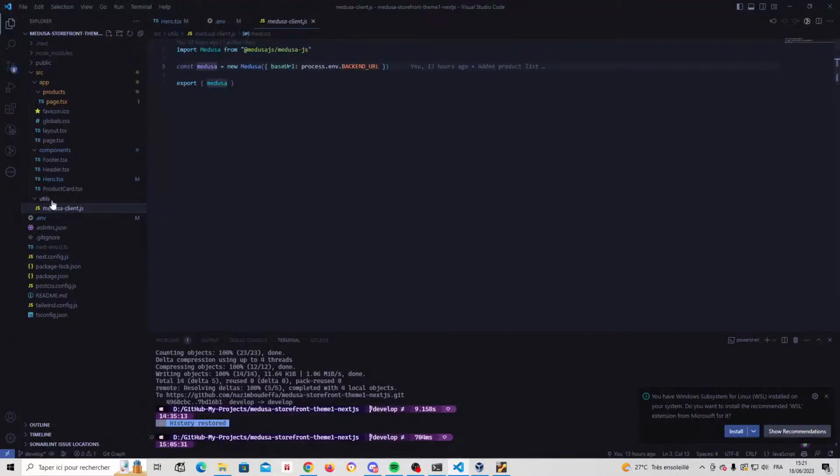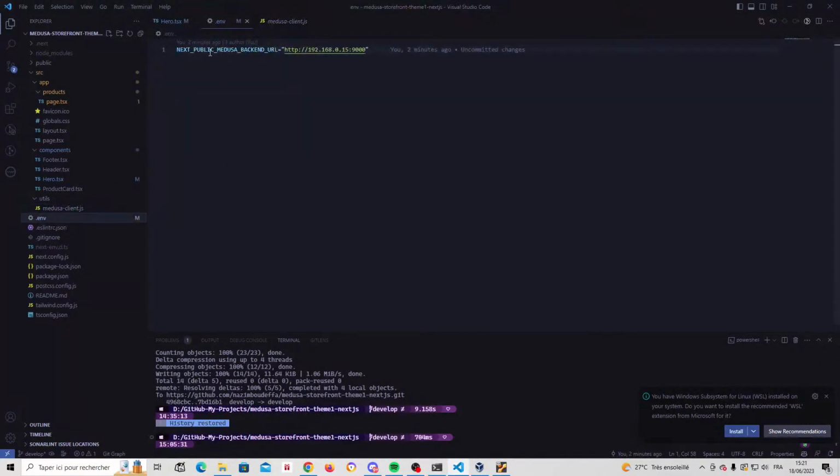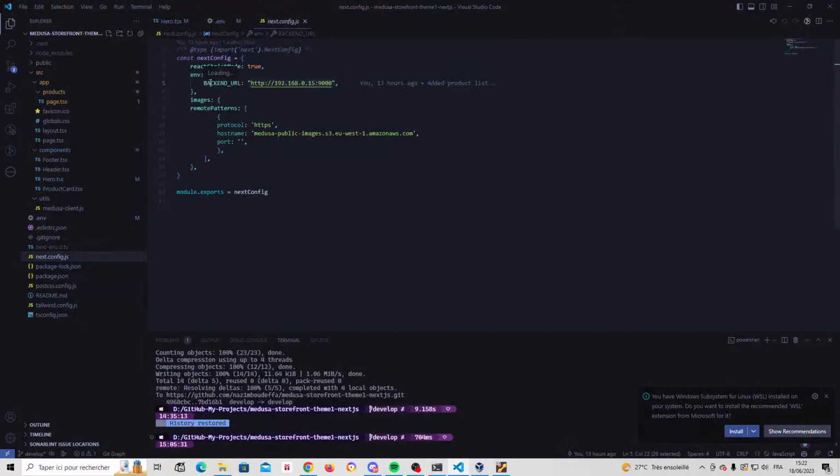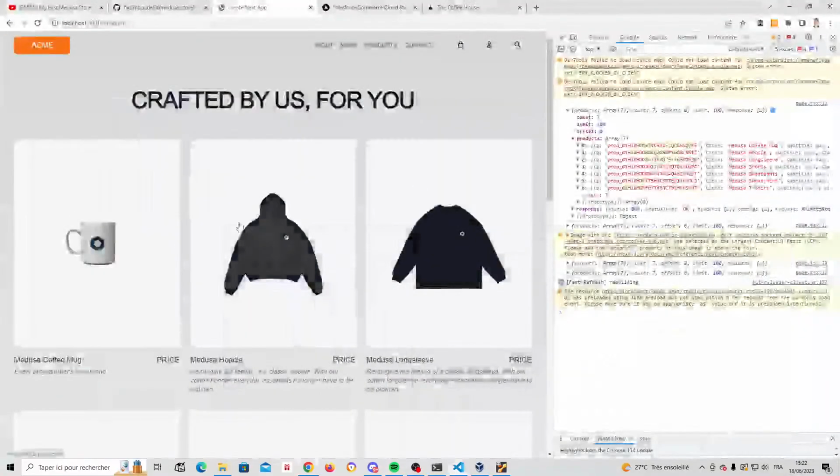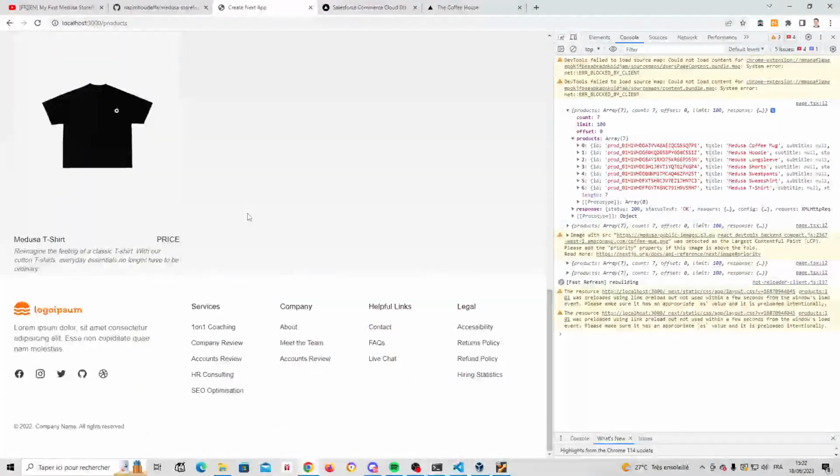So you have Medusa client. In utils, you create the Medusa instance with the process.env, and if I want to hide this or you use it on Vercel, it actually causes a problem, because process.env.backend URL, it's not this one. It's not NEXT_PUBLIC_MEDUSA_BACKEND_URL. It comes from process.env.backend URL, this one. So I'm going to try to fix this and add a product page, and it will